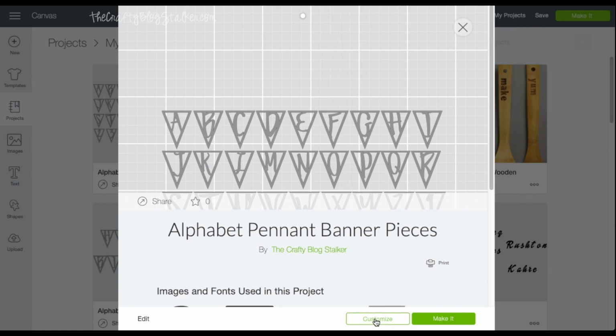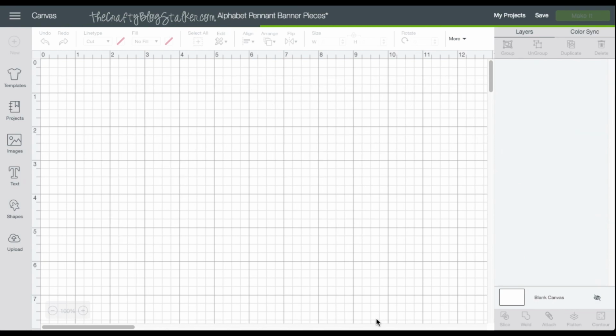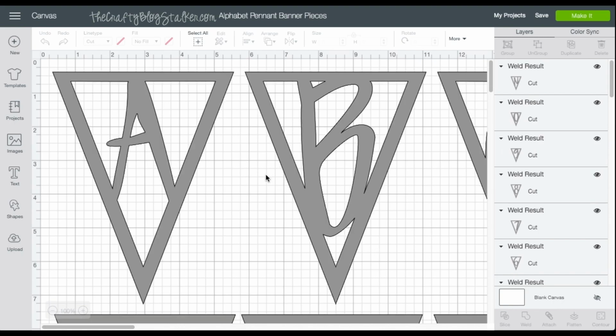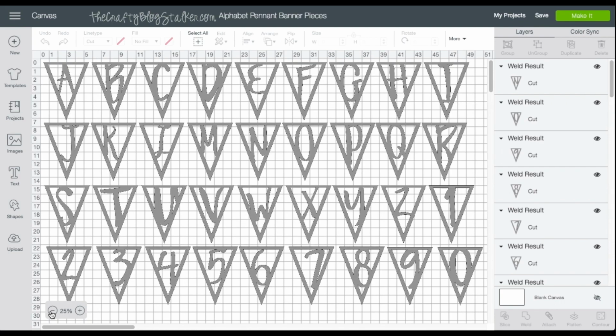So the first thing you want to do is click over here on Customize. If you click on Make It, it will cut all of the banners, and then you'll just have an alphabet banner. So we're just going to click on Customize. It's going to bring it up here in this window. I'm going to come down here and minimize everything so I can get all of the letters here on my